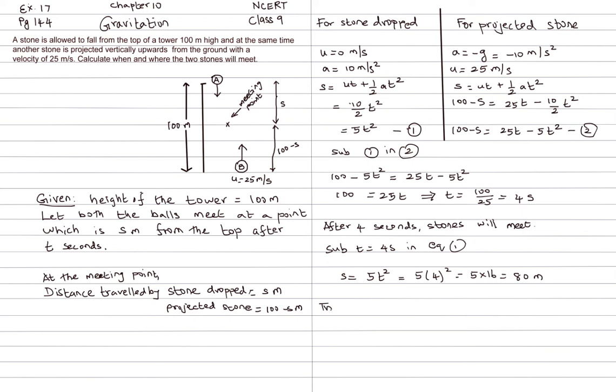So the stones will meet at 80 meters from the top, or from the bottom it will be 100 minus 80, which is 20 meters from the ground. So this is the answer: the stones will meet after 4 seconds, at 80 meters from the top or 20